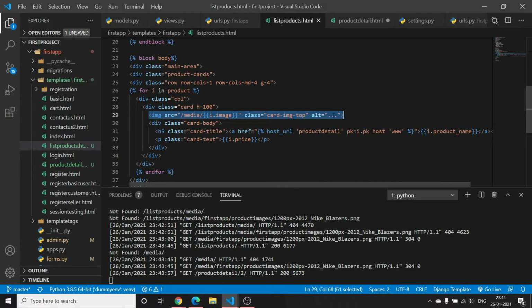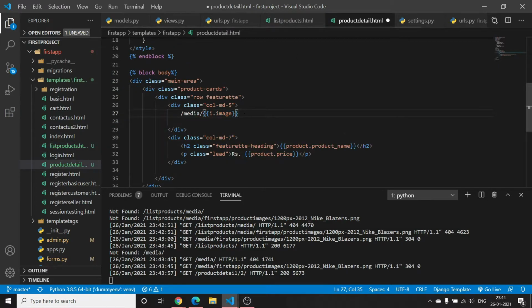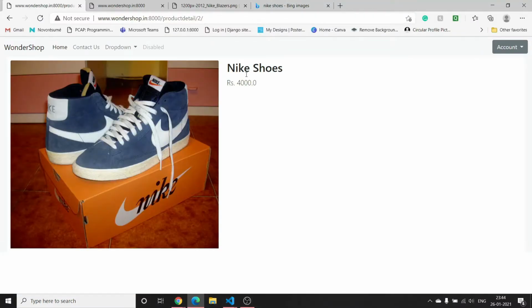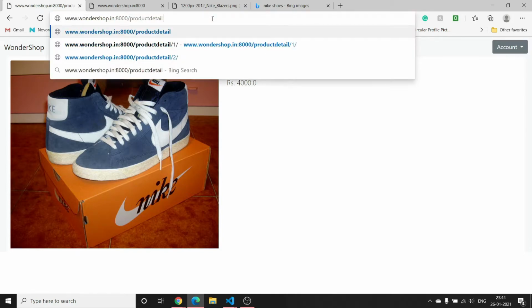So we'll copy that and place it here, image source product.image, and let's see how it comes. And the image has arrived here, so it's looking cool. I think we have added the list product and product detail functionality here.